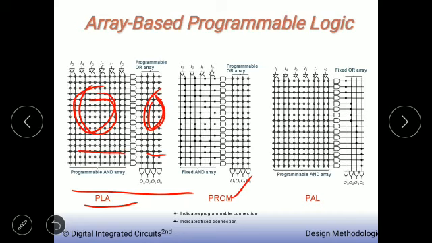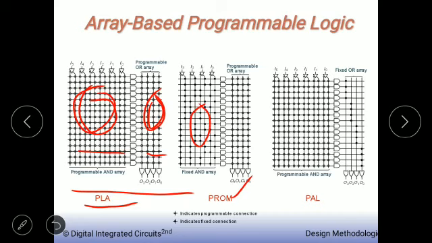The dots at the intersection of the two lines represent a non-programmable or hardwired link. So that means this is not programmable. These dots indicate they are hardwired. They are fixed connections. The first structure represents the PROM architecture, in which the AND plane is fixed and enumerates all possible minterms. So all possible minterms are fused and kept ready for the user.